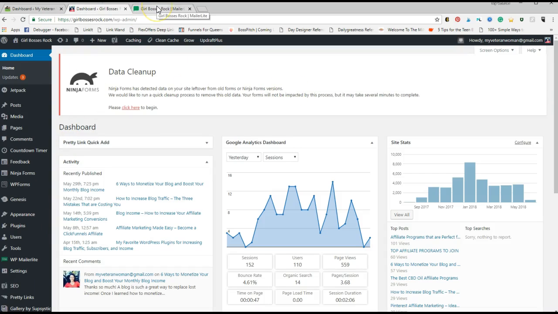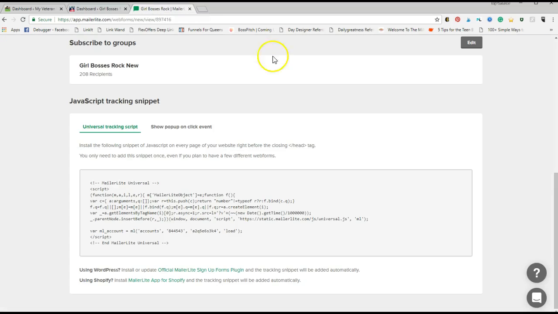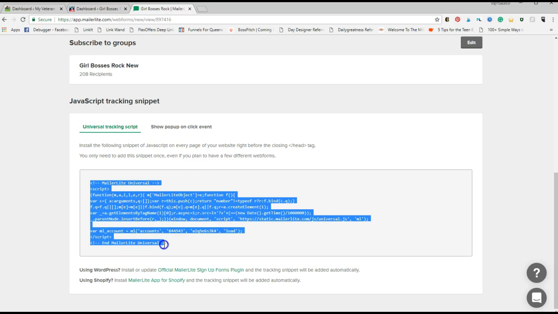Whenever you're asked to add a piece of HTML code to the header section of your site, like right here, install the following snippet of Java code on every page right before the closing head tag. While that sounds really complicated, it's actually really easy. So you'll copy this piece of code right here, and